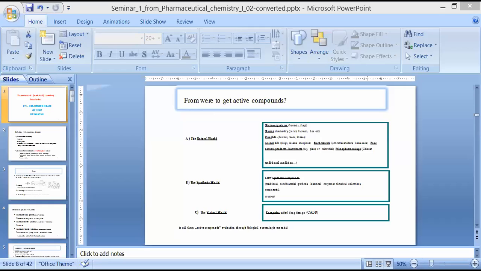Suppose amongst those 10 drug compounds, 5 are going to have a good pharmacokinetic profile but less pharmacological properties. No doubt they have good pharmacokinetics, but they are going to have less pharmacological action. So they are not suitable as a lead compound. What do we want? They must have good pharmacokinetics as well as good pharmacological, that is pharmacodynamic, action.